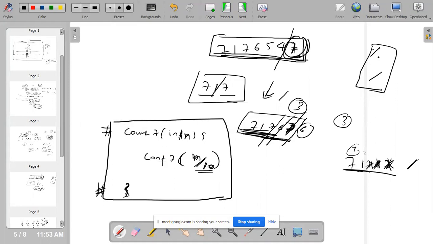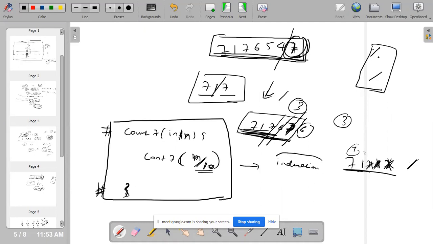Again, I am calling count7, but this time you can compare the number of digits in n and the number of digits in n/10. There is something reduced. Input size got reduced, right? Got it. Okay. So this part, I think it is very clear. So this is called the hypothesis. Once this is done, my next part is writing the induction.